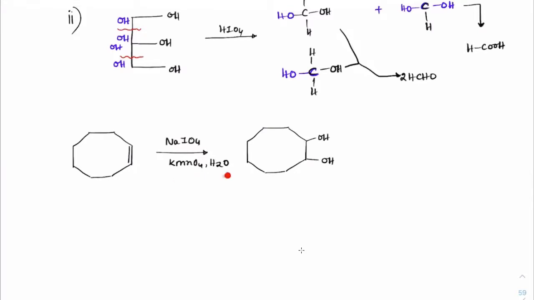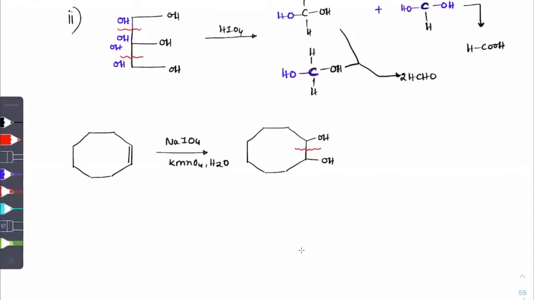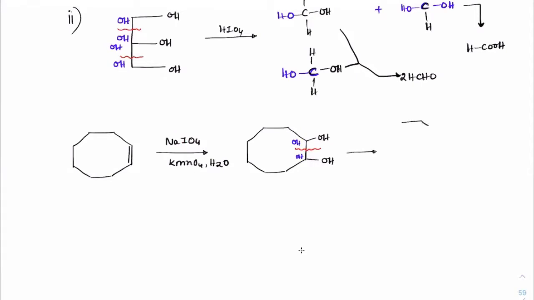Just like how Baeyer's reagent worked. So it is like Baeyer's reagent only. In the presence of Baeyer's reagent, first we got a syn hydroxylation. Then IO4 minus sees that there are vicinal diols, and it won't let them stay. So what will it do? It will break it, and on both sides it will attach one OH, one OH to each of the carbons. So what is the product we will get now? Typically the product is this CHO here and this CHO here.